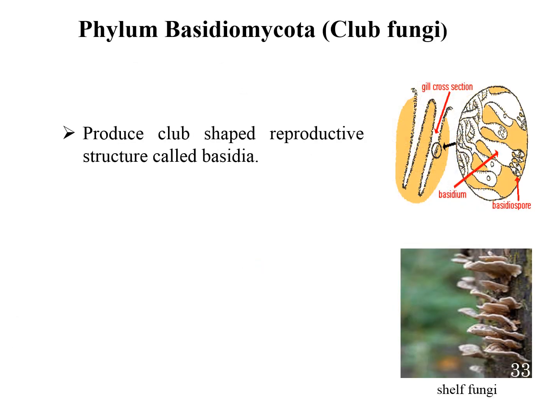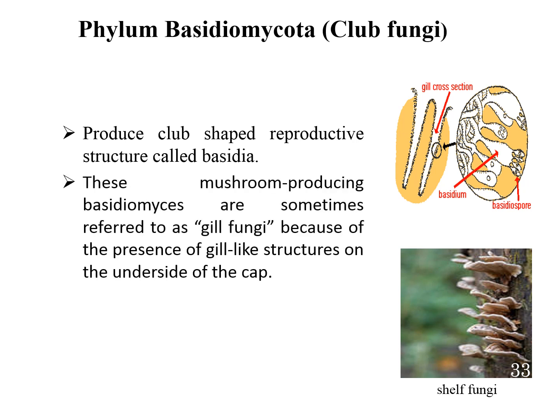Next phylum is Phylum Basidiomycota or club fungi. The fungi in the phylum Basidiomycota are easily recognizable by their club-shaped fruiting bodies called basidia, which are the swollen terminal cells of hyphae. The basidia, which are the reproductive organ of these fungi, are often contained within the familiar mushrooms commonly seen in the field after rain.